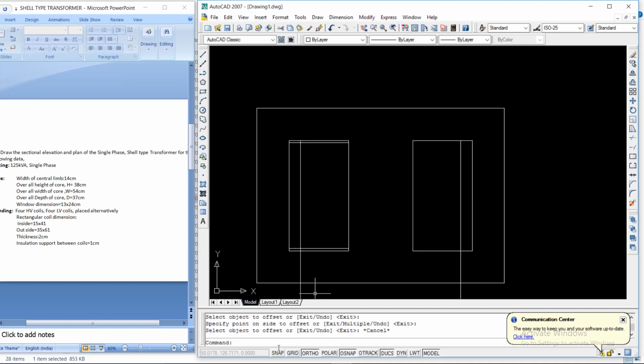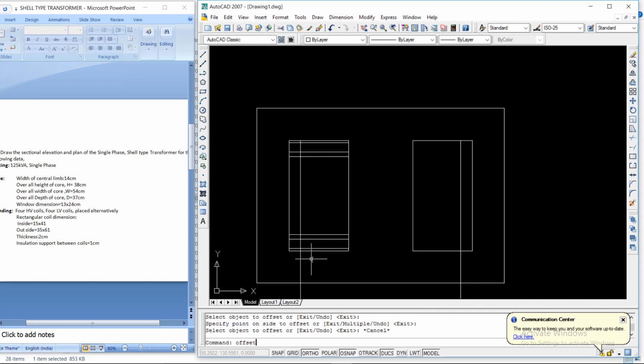Now again offset. Next coil dimension he has given, that is 2 cm. So type 2, enter. Select this as a reference, click here. Next again insulation, offset, enter, 1 cm, enter. Select this and this as a reference.